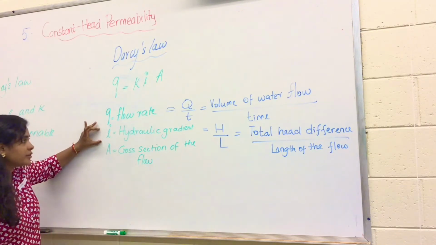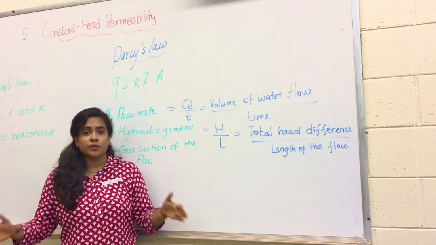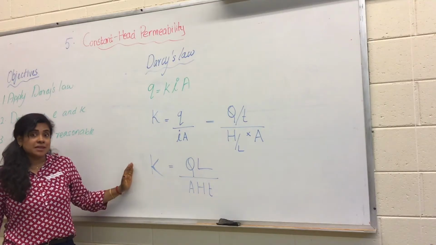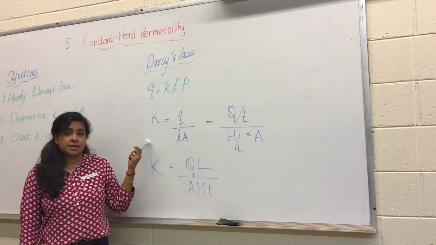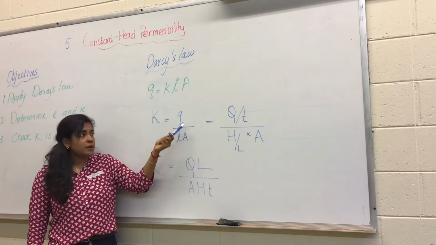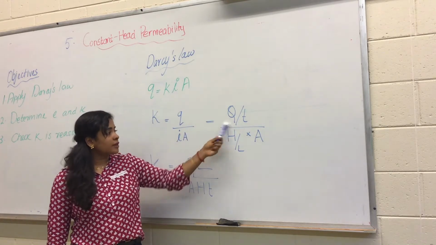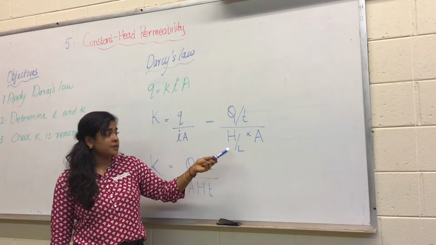So what is the hydraulic gradient? The hydraulic gradient is the total head difference divided by the length of the flow. From the original form of Darcy's law, you can make hydraulic conductivity the subject. So hydraulic conductivity is equal to the flow rate, which is the total volume per unit time, divided by your hydraulic gradient, that is the total head difference over the total length of the flow,